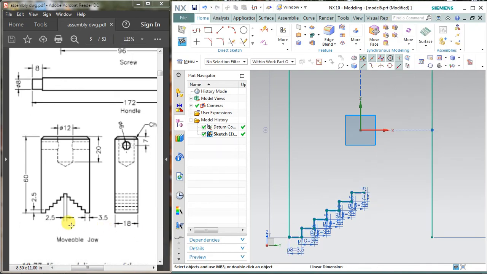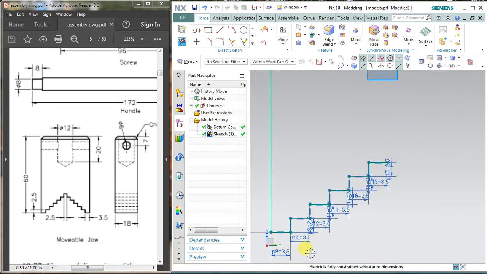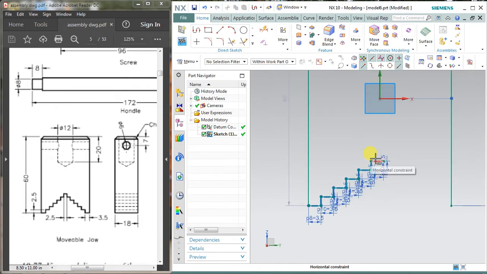I think there's some mistake in this drawing, because this drawing has 1 2 3 4 5, and this last one is the sixth one, and I am taking the same dimension, and I have only 1 2 3 4 5. This is the fifth one, so there must be some mistake in this drawing.